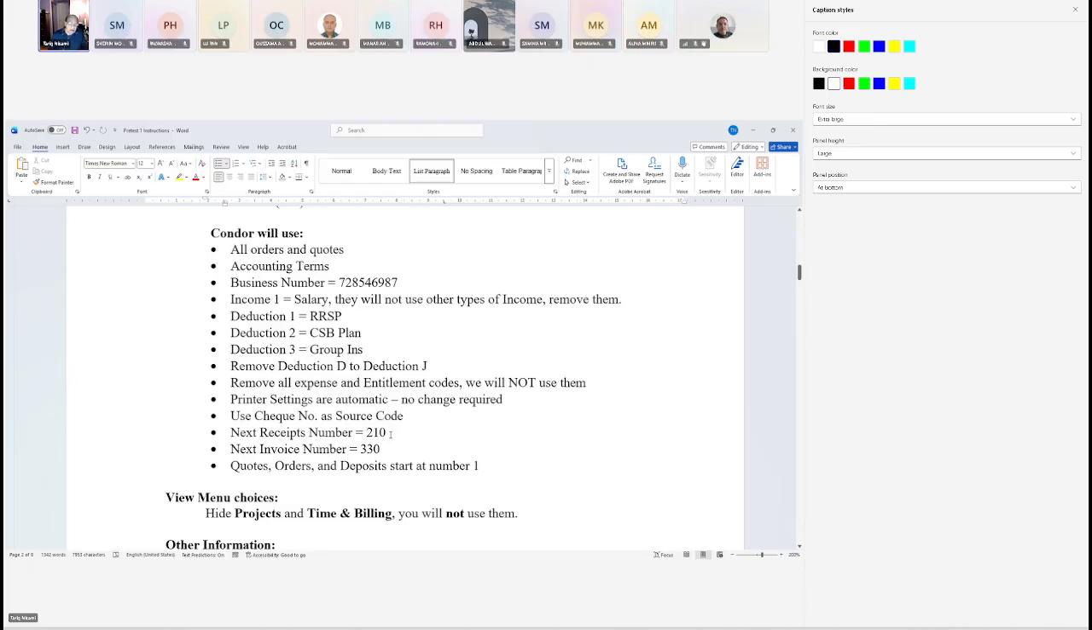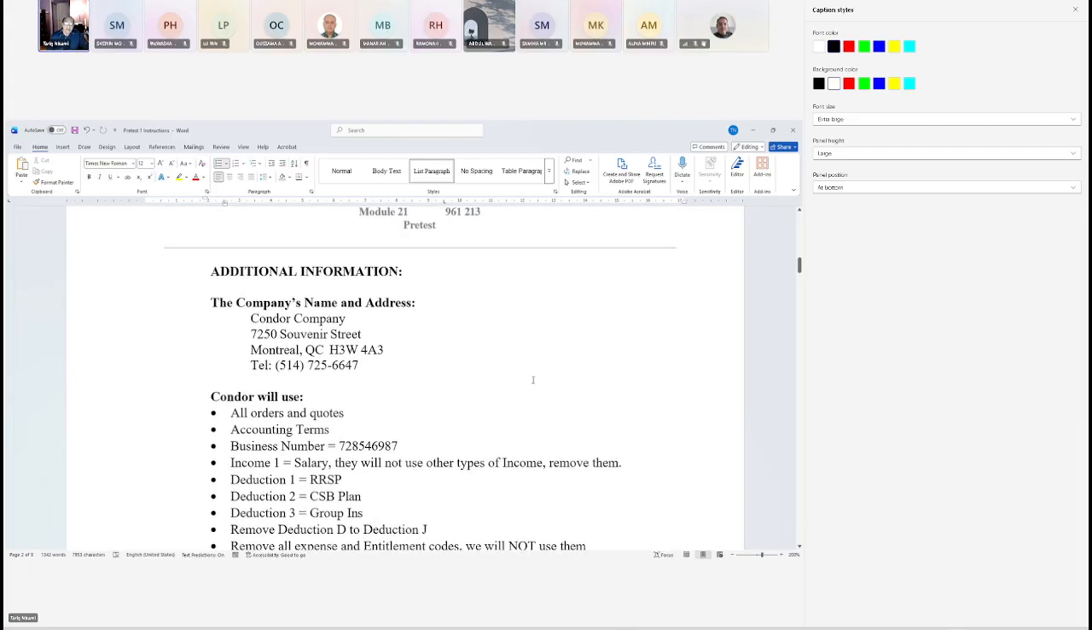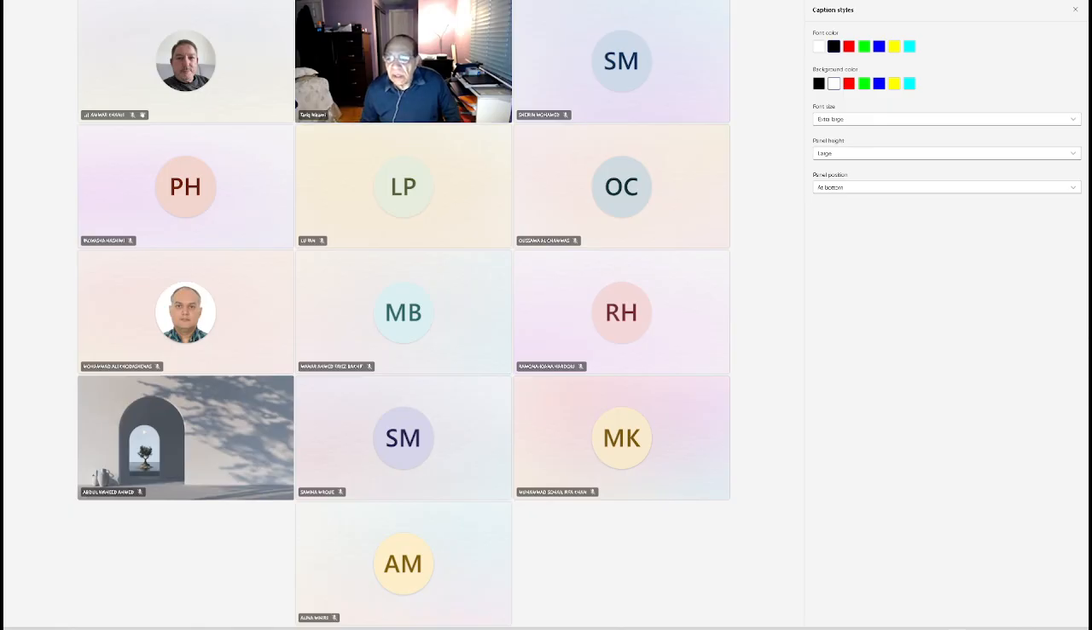It will be under forms. Next invoice number, again, forms, quotes, orders, deposit. So in the beginning, you will have that difficulty, but after some time, you will start to realize that it's not really. So if you go here and you go into the system,